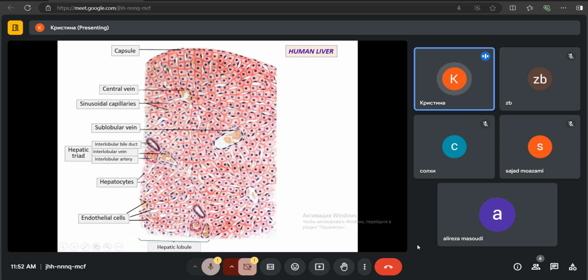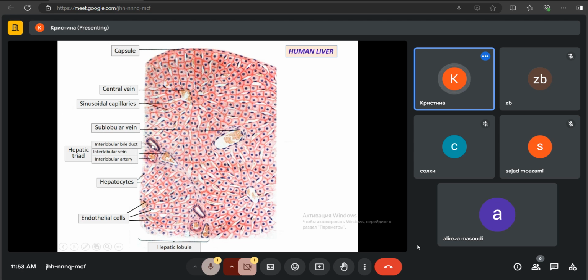trabeculae of hepatocytes run equally in all directions. This is called radially oriented trabeculae of hepatocytes and sinusoidal capillaries in all the ways. So if we see such blood vessel, it should be the central vein, and we are in the center of the lobule. Next, if we see 2 or 3 or more elements together, such as artery, vein, bile duct, also